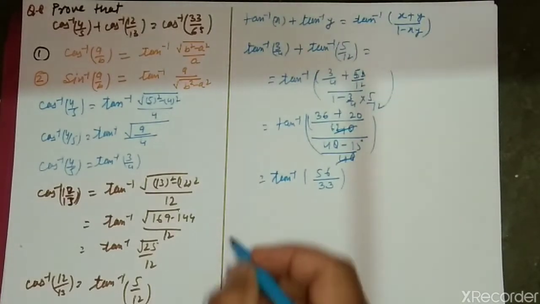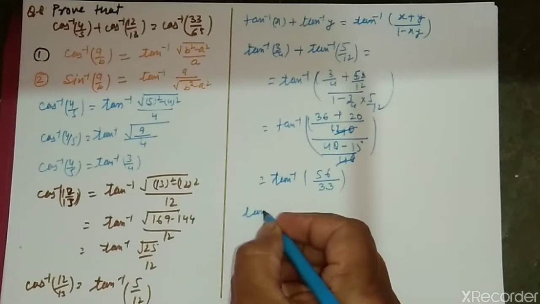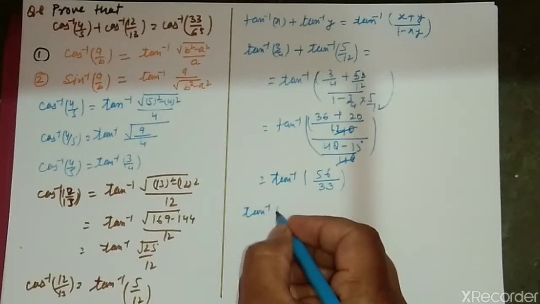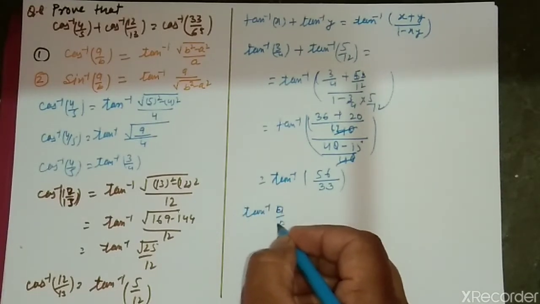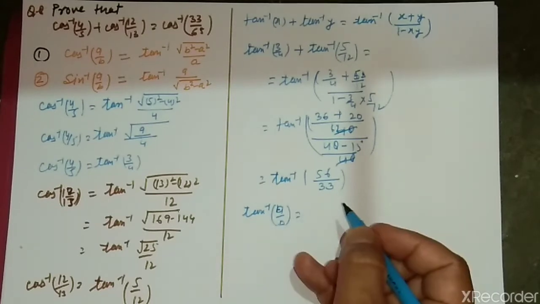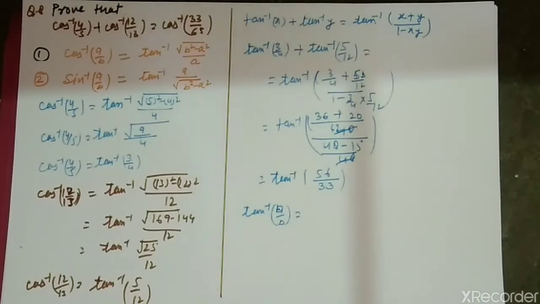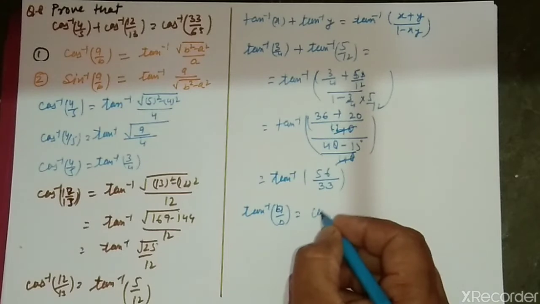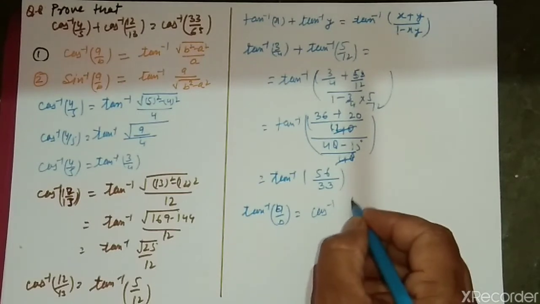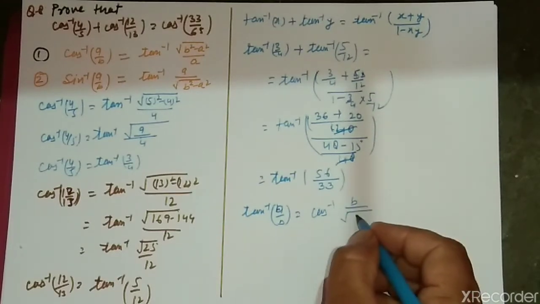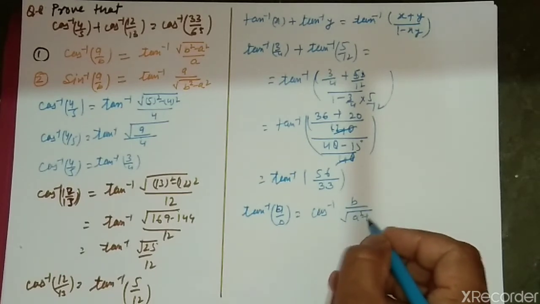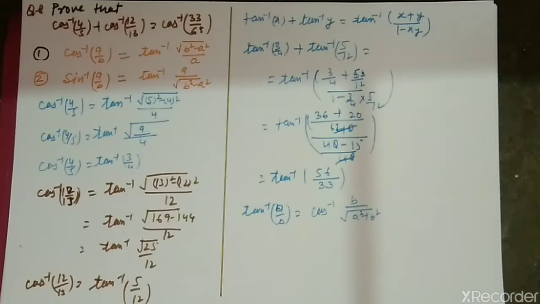So we can write it as tan inverse a upon b is equal to cos inverse b upon under root a square plus b square. Clear? So finally we can write it as, the answer is